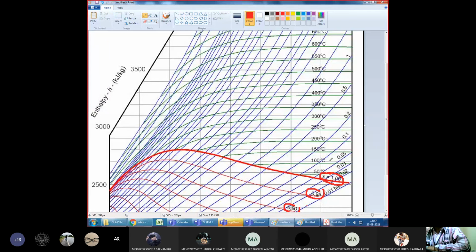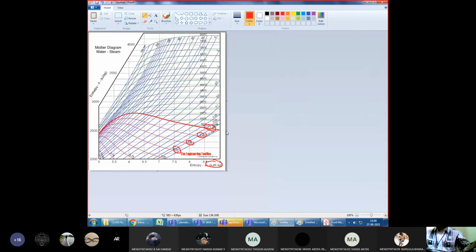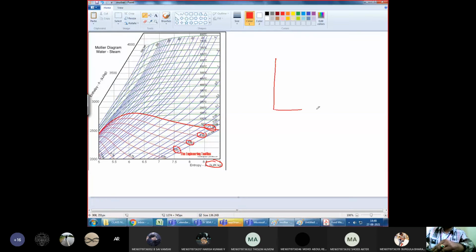Along this green line, the temperature is constant. Now we can see that the expansion of the steam in the nozzle is isentropic. If we look at the TS diagram for the nozzle, this is the actual expansion 1 to 2 of the steam in the nozzle, and the vertical dotted line is 2s. What is 1 to 2s? It is the isentropic expansion of the steam.